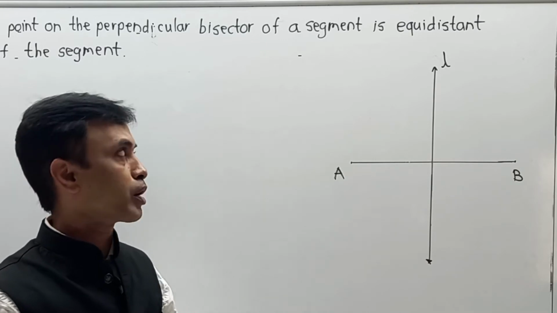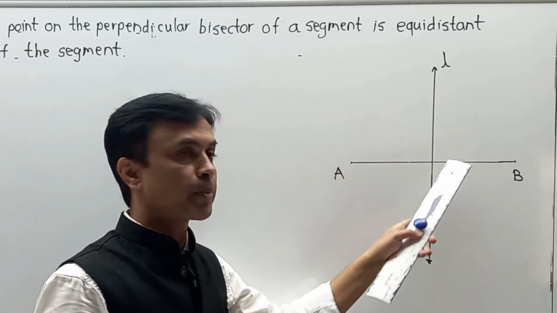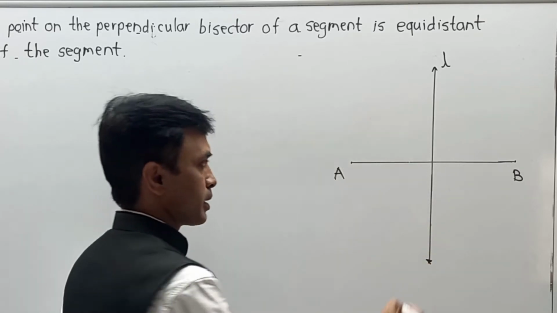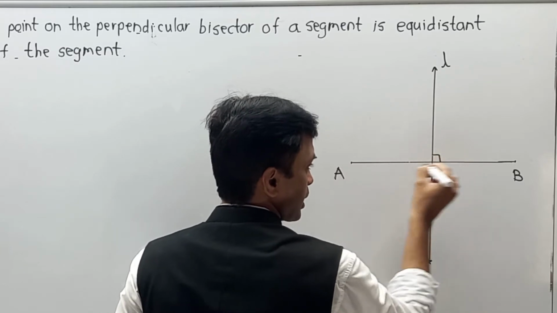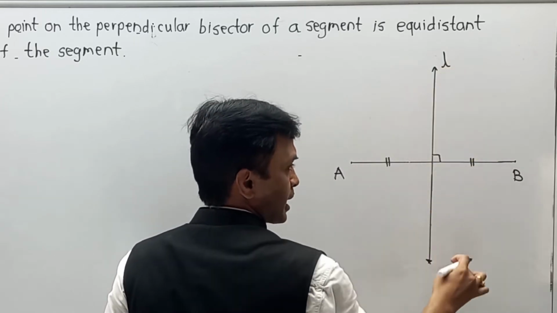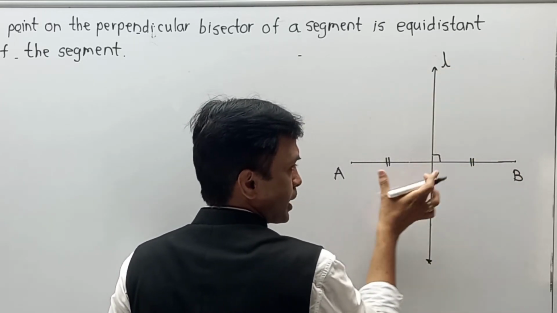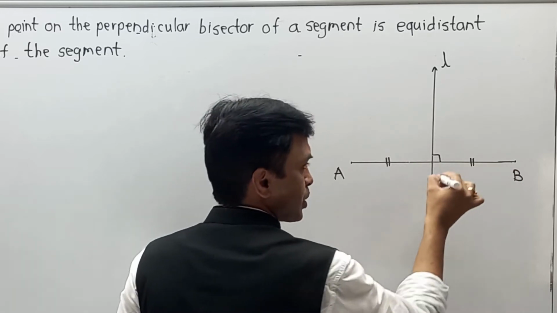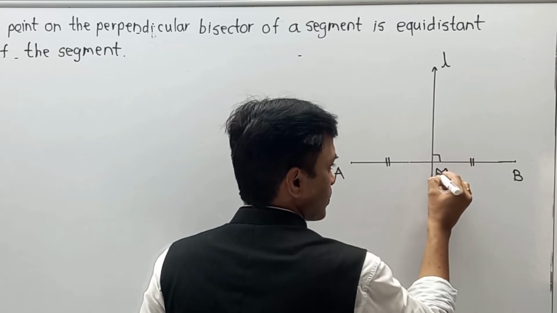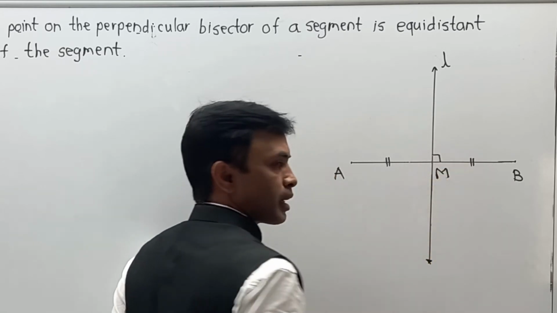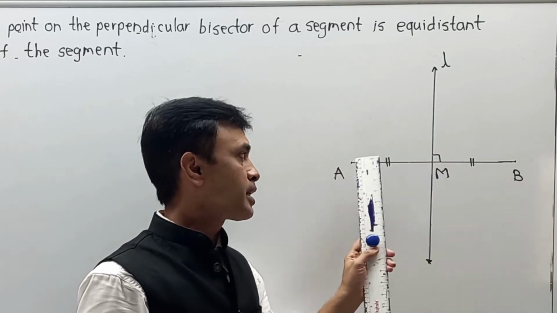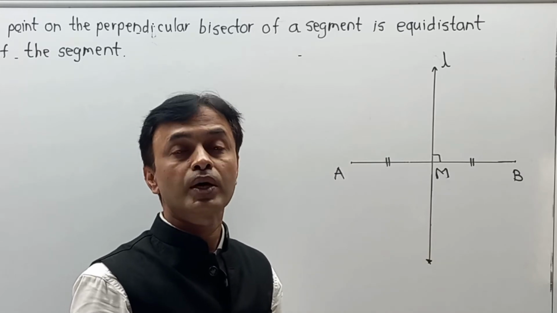What does perpendicular bisector mean? This line is not only perpendicular to segment AB but also bisects AB into equal parts. It is perpendicular and it is a bisector. So line L is perpendicular at this point as well as a bisector. Just to indicate that, I am going to mark the point M over here. M is the point where line L is perpendicular to AB, and M is automatically the midpoint of AB.